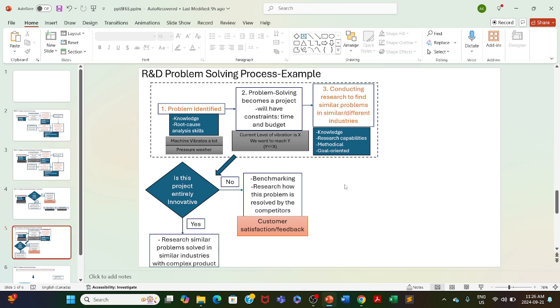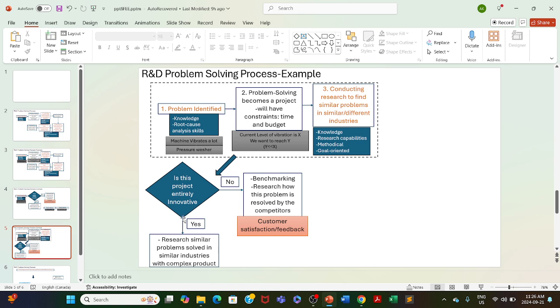Yeah, so now it looks more meaningful, where these two steps, the whole innovation assessment process, are involved together: we first identify a problem, and then we have to assess how much innovation it has, and based on that